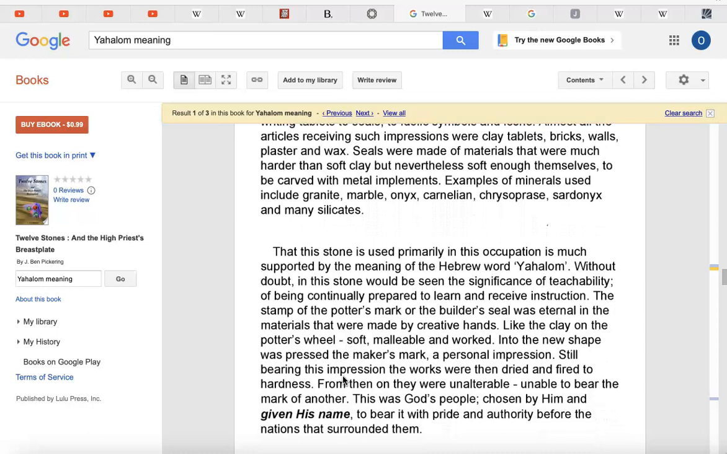That this stone is used primarily in this occupation is much supported by the meaning of the Hebrew word yahalom. Without doubt, in this stone would be seen the significance of teachability, of being continually prepared to learn and receive instruction, which is what I've been saying that Stanley is doing in his movies, especially something like The Shining, but probably all of them, or probably after a certain point in his movie making career. I think wherever the diamonds are featured, maybe that's Stanley's